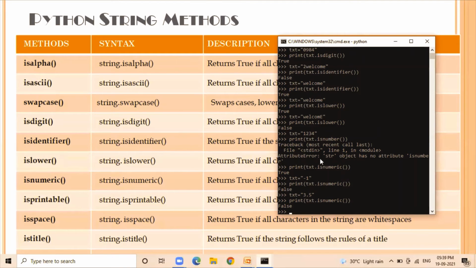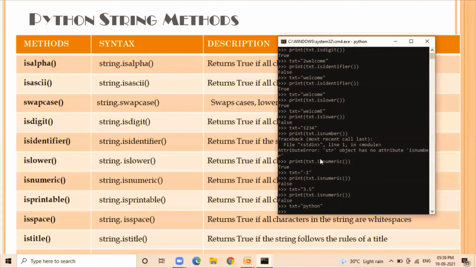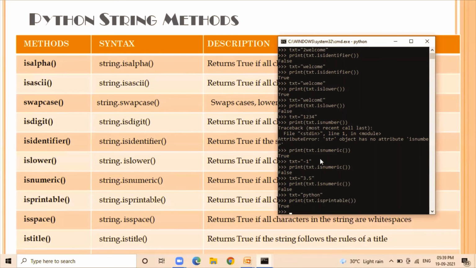The next method in Python is isprintable. This function checks whether the characters of a string can be printed. For example, we will write Python. So when I want to check whether this text containing Python is printable or not, use text dot isprintable, and isprintable shows true, meaning the Python string can be printed.